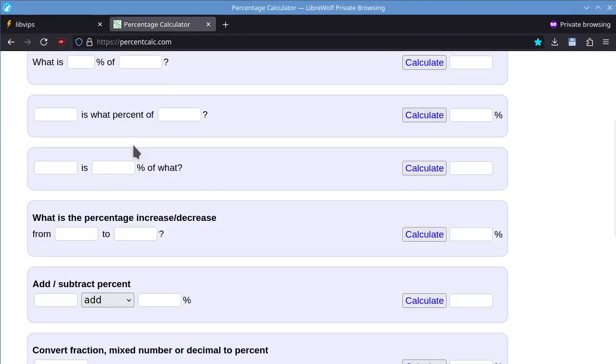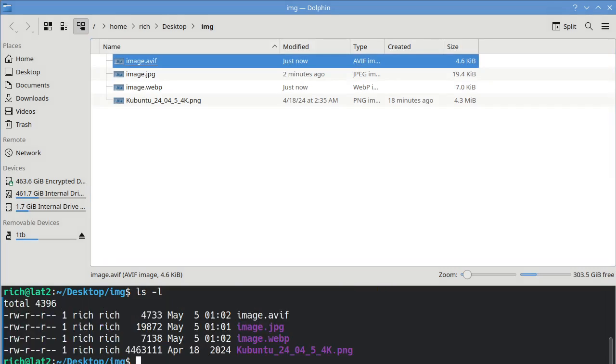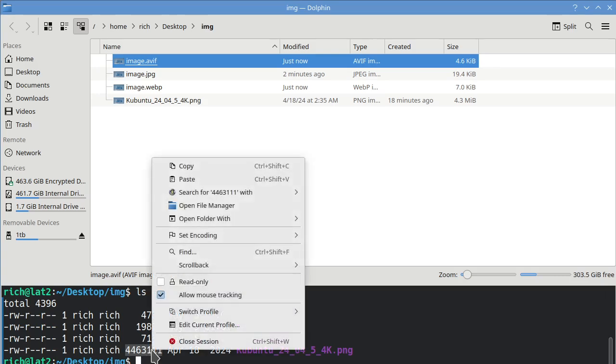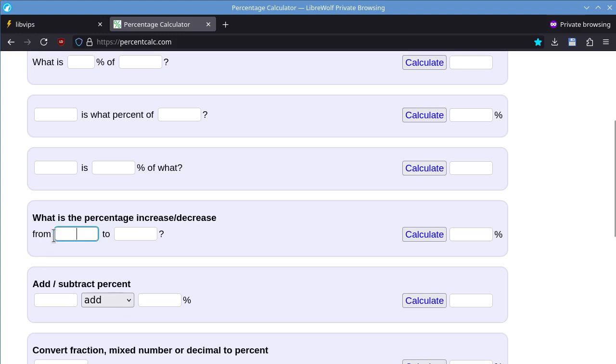What is the percentage for that? Okay, let's do ls -l. Alright, so this was the original size, the PNG at full 4K res, 4463111 bytes. Where did you go? Ah, there we go.